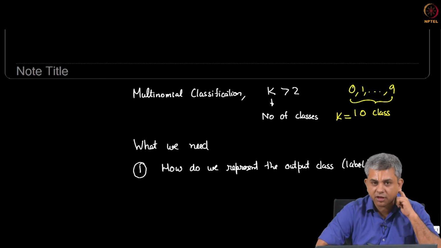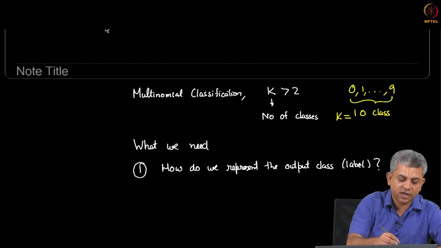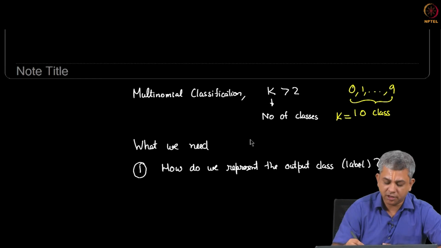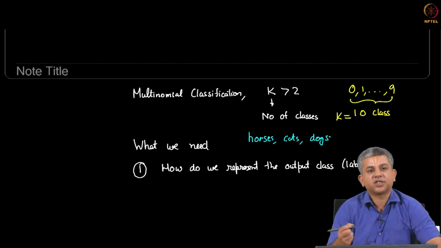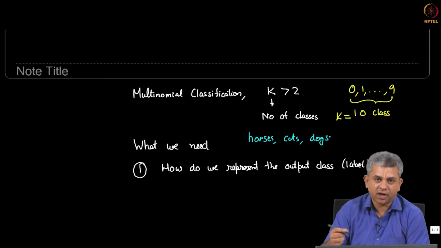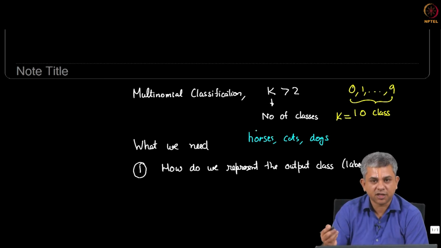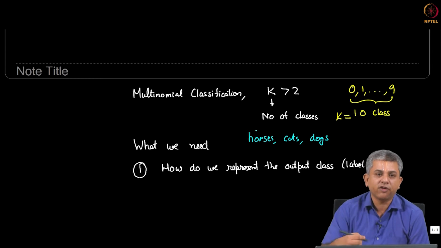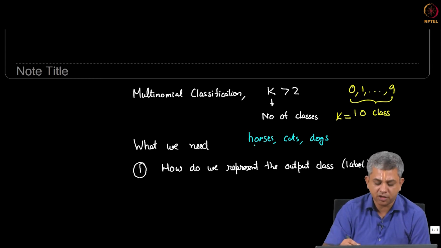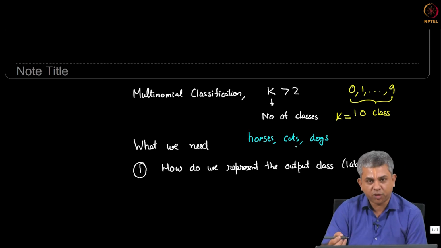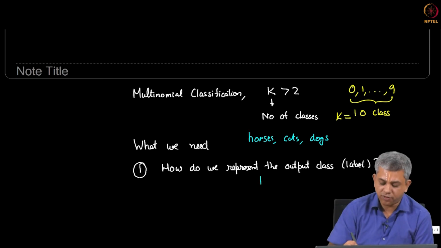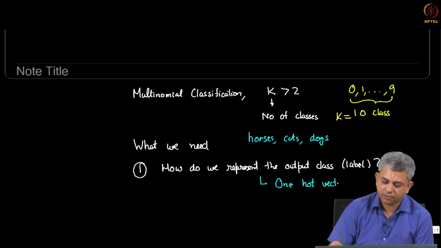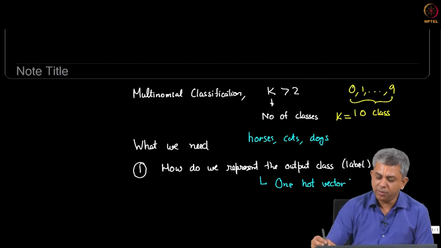Let us say we are dealing with a case where we are trying to label images and the 3 classes are horses, cats and dogs. You have several choices. Obviously, you can't label it simply as words, as we have discussed in several videos before. You need to give a numerical label. So, one choice is to simply call this class 0, class 1, class 2, that is one possibility. We will look at one other solution, which is called the one hot vector. So, we will be looking at this.